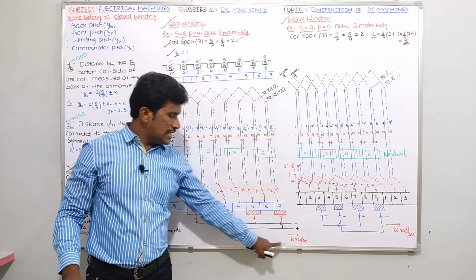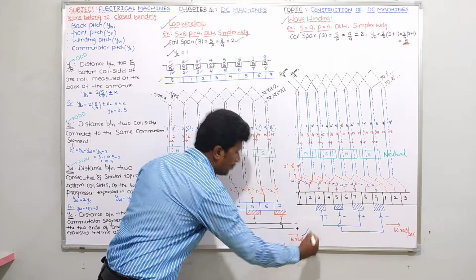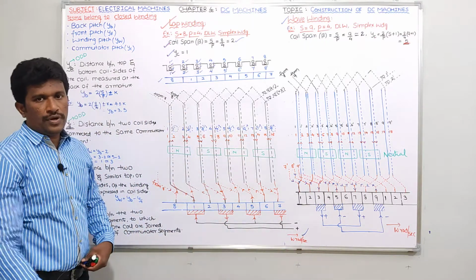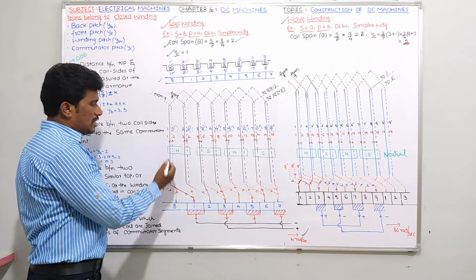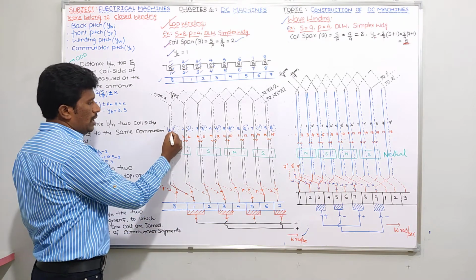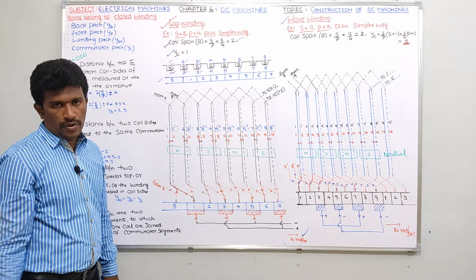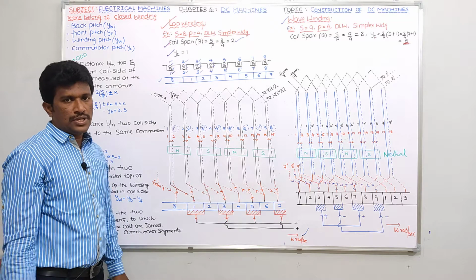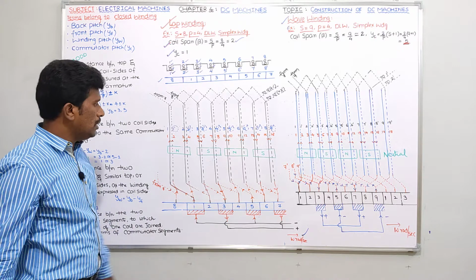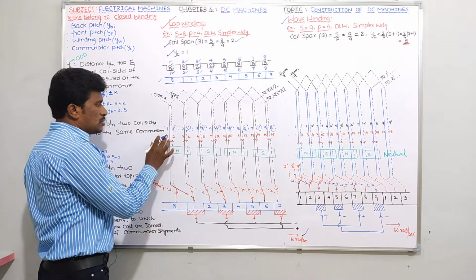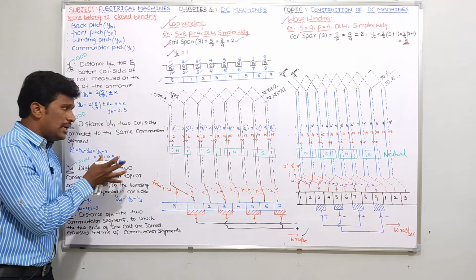If the conductor is rotating in this direction, left to right, if you take this direction. In the last video, while I was discussing lap winding, I clearly explained the direction of current in conductor number 1 dash, 2 dash, all those things. Please try to go through that video for the direction of current. Already explained there. I am simply explaining the terms here. Now what I am saying is, for making you understand these terms, the numbering should be in sequence.